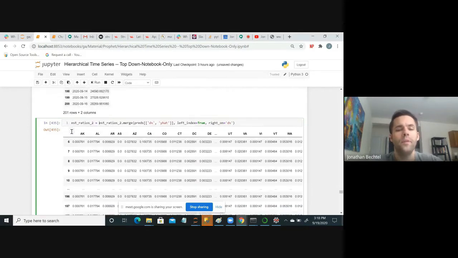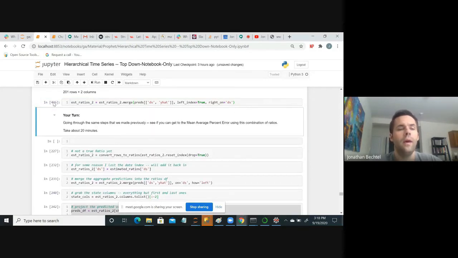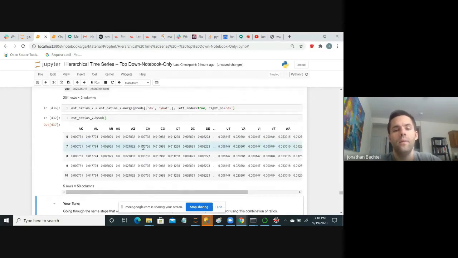I think we all got to this step: just taking the ratios with the date and then with the final predicted value right over here. Now the idea then: we have est_ratios_2, and essentially what we want to do is